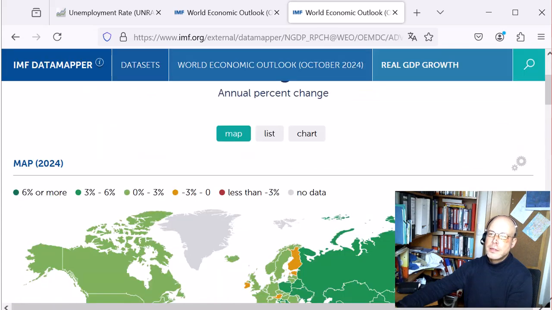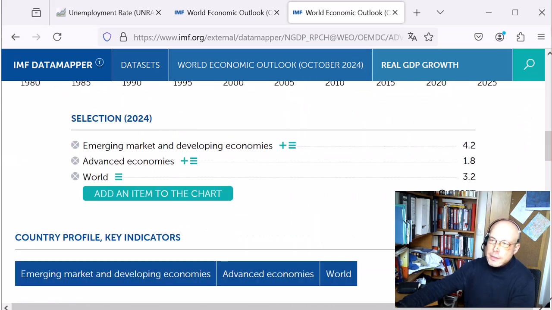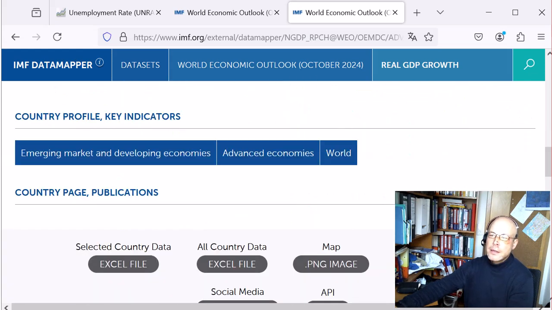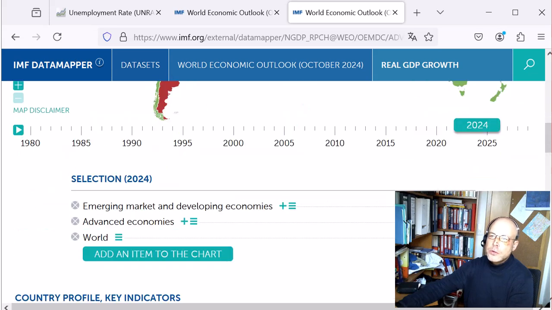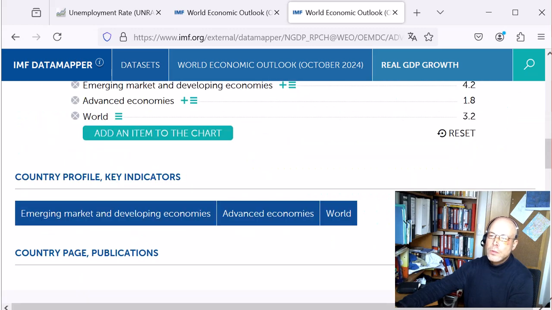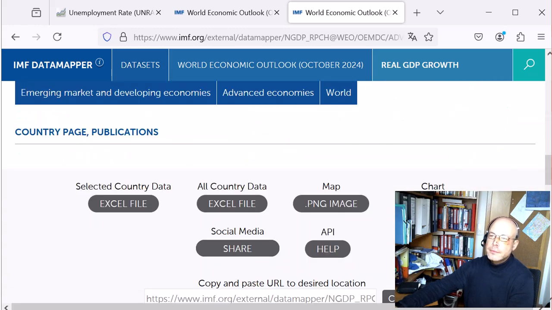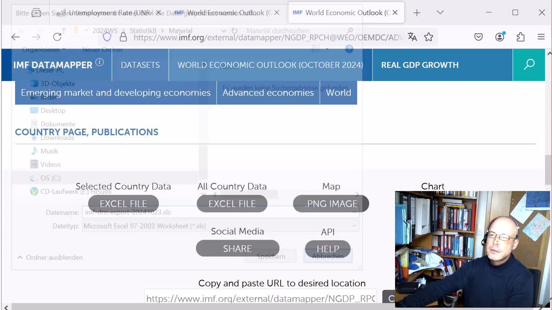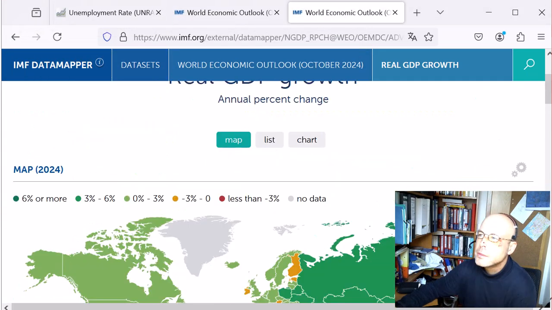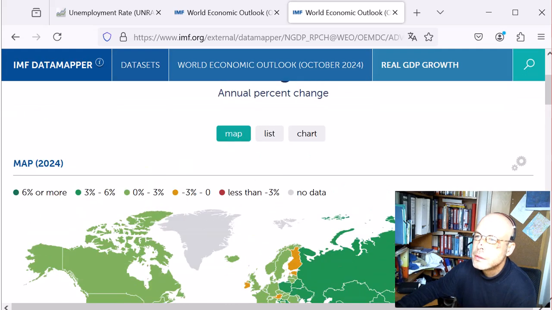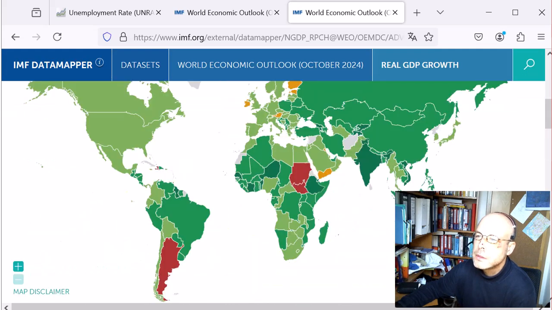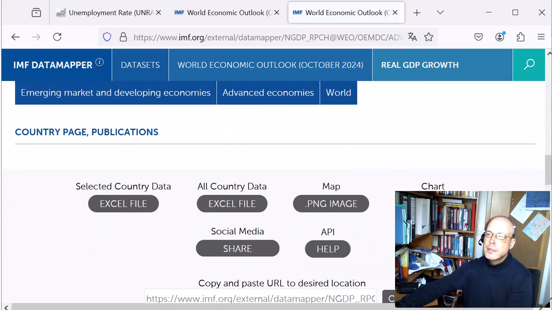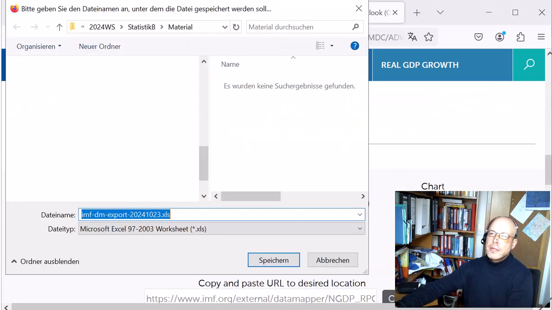Clicking on this, can I choose Germany? I don't know. I just download all data, or here select country data. What happens? No, then at first I maybe have to choose here. I don't know. Well, I just download total data,